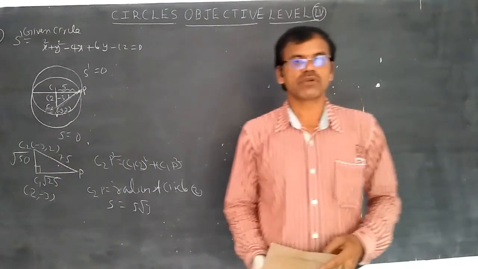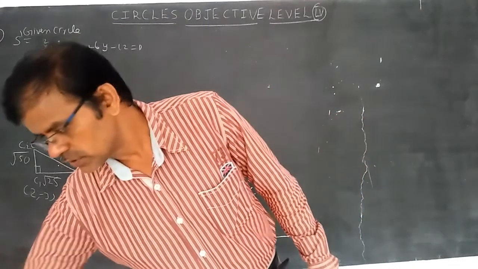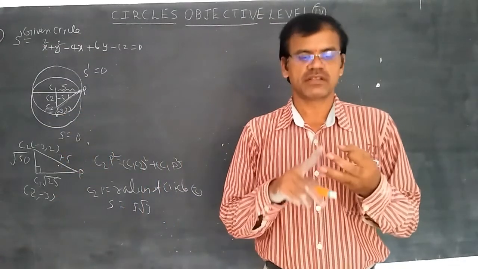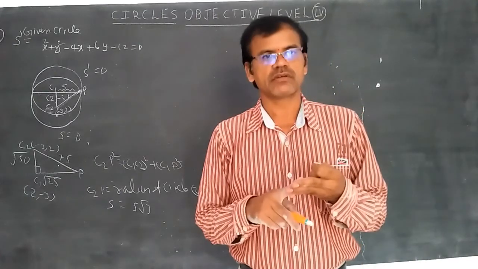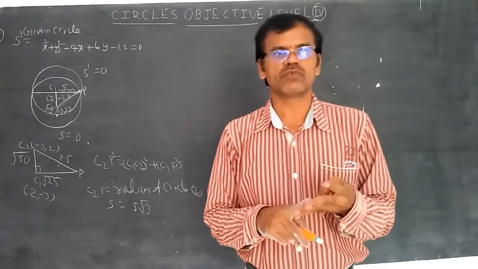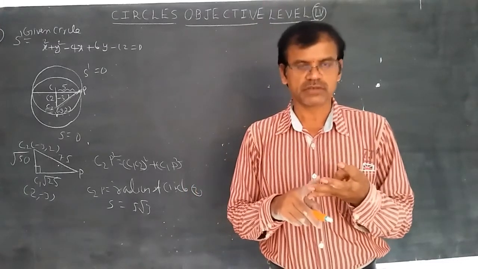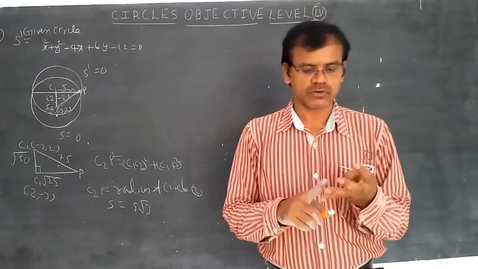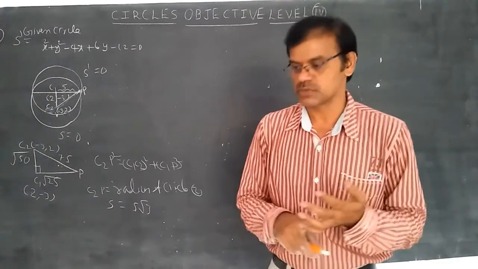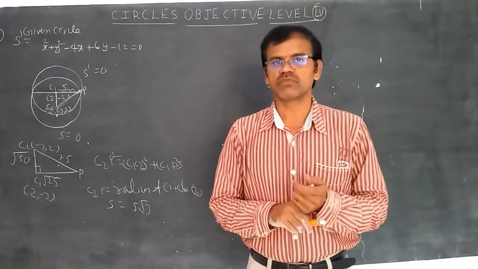Okay students, successfully we have completed the chapter circles until objective level 4: concept, theory, formulae, proofs and level 1. Level 1 I did not touch, of course. I gave the work to you. Level 1 classwork and level 1 homework I gave to you, and level 2 I completed. Level 2 homework, I gave some sums to you and handled some sums. Now level 3 everything I handled, level 4 also completed.